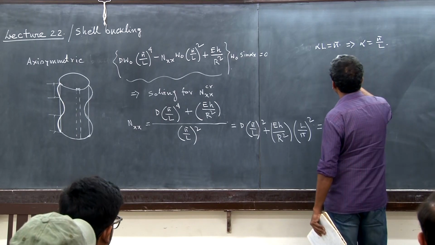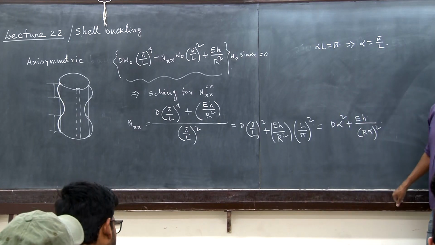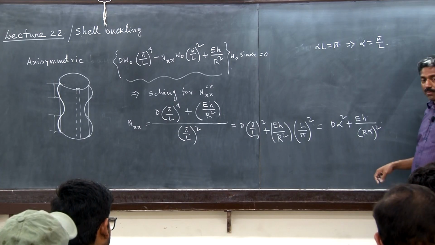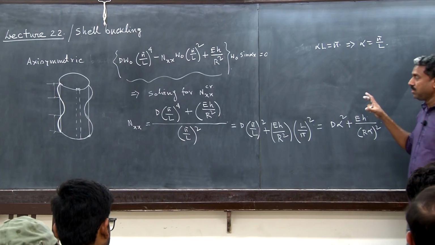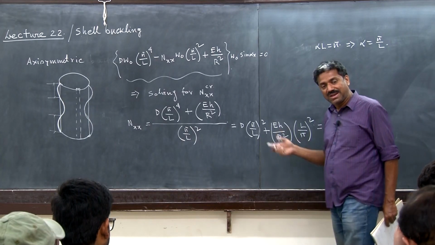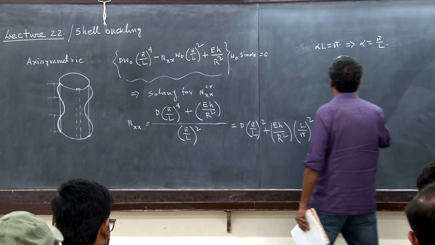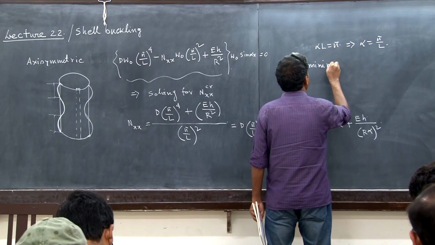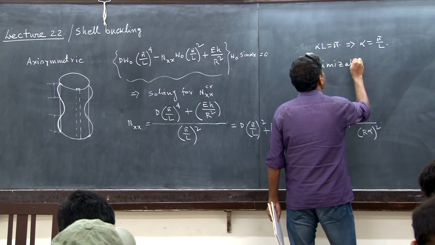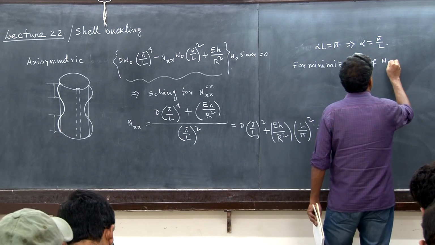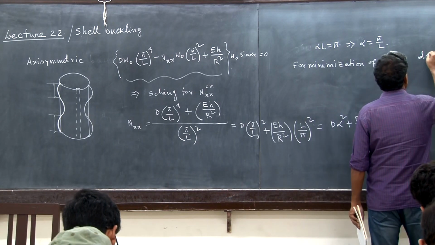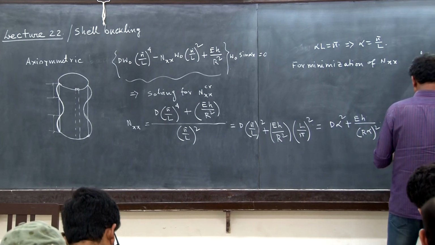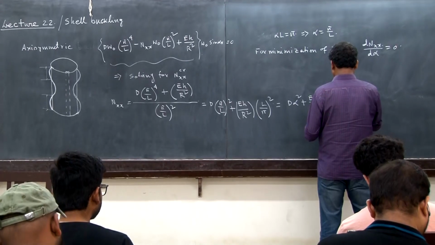Now, in plate bending, what we did, we tried to minimize N_xx with respect to the number of half wavelength, alpha. Whatever we are doing is following whatever we have done in the plate equation, right? So for minimization of N_xx with respect to alpha, essentially what we get here, if you differentiate,